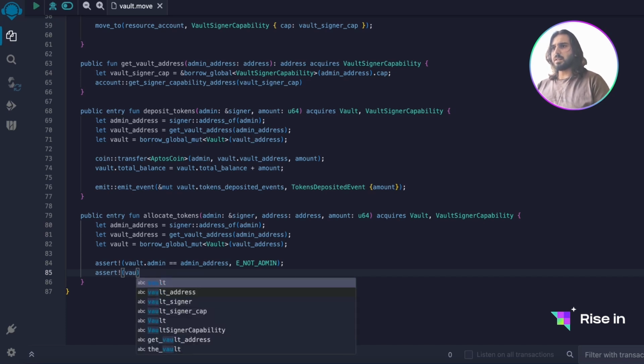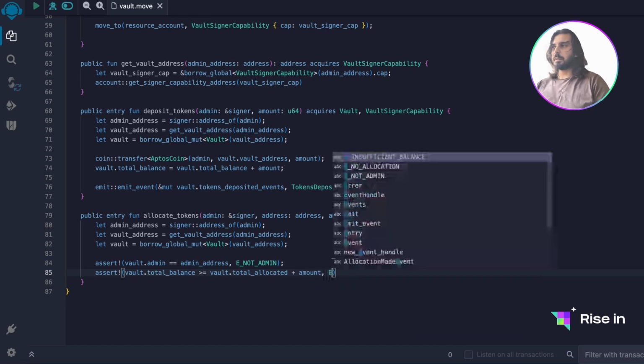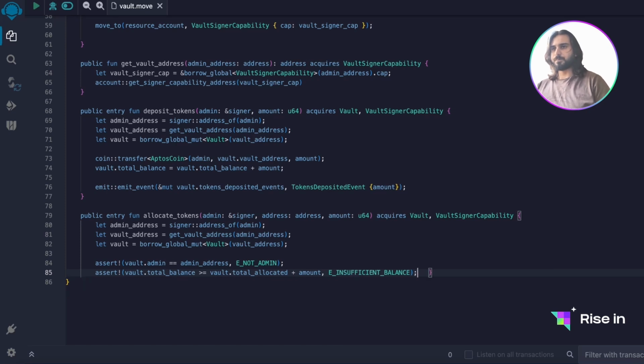Here we are going to check that vault.total balance is bigger than or equal to vault.total allocated plus amount. If this is not the case, we are going to say insufficient balance. Now that we have checked the necessary constraints, we are going to say let current